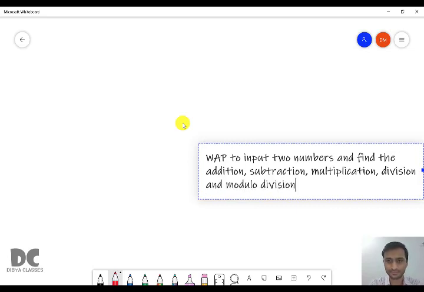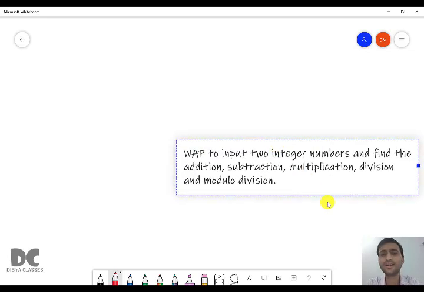To get the remainder you have to do a total of 5 things. Write a program to input two numbers. Let these two numbers be integer numbers, for now. So write a program to input two integer numbers and find the addition, subtraction, multiplication, division and modulo division of these two numbers. This is a class 9 program.